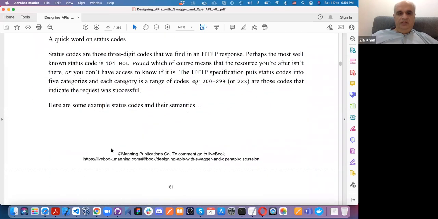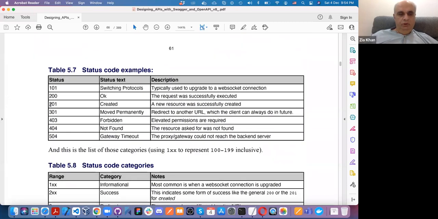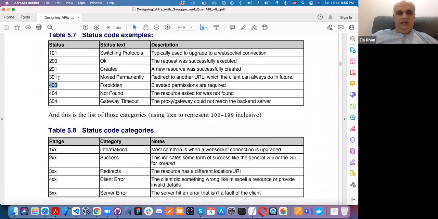We were covering status codes. We have only covered 200, which is okay. But there can be other status codes. For example, 404 is not found. If it's not security allowed, 403. If the server has moved, the response status code is 301 and so on.